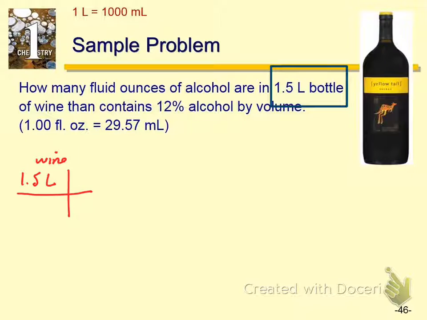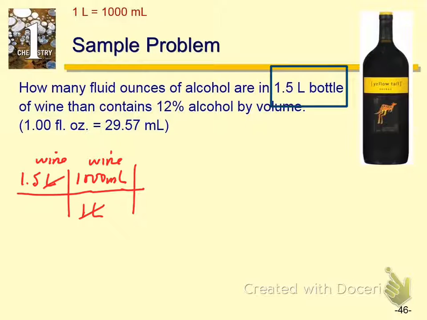Okay? And now what we're going to do next is what? We can do this problem in different ways. We can put one step before another. What I might be tempted to do would be this: let's change our liters into milliliters. There's 1,000 milliliters in a liter. Okay, and then we could go a couple places. So this is still wine. At this point, I could either convert to fluid ounces, or I could use my milliliters and use my percent. Doesn't matter what order we do them in here.